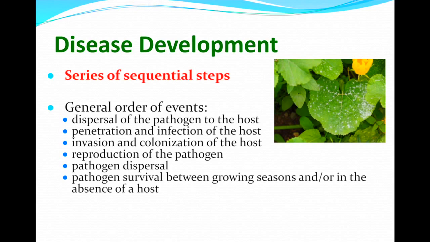Remember, these are living things in most all cases, these pathogens, and they're looking to reproduce. So you have a reproduction of the pathogen, then the babies, if you will, the offspring, the spores, there's a variety of names, cells, those have to be dispersed out away from that diseased plant to another plant to start this whole process over again.